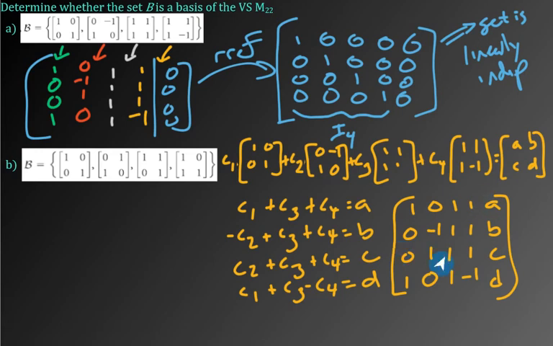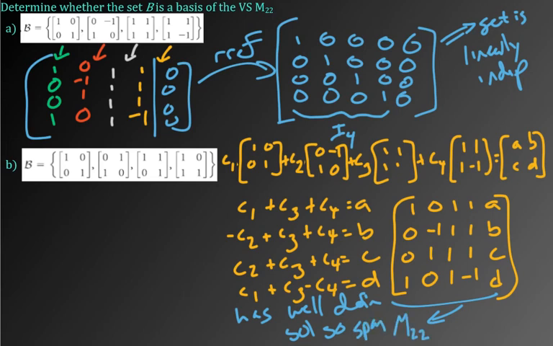But it turns out that this thing has a well-defined solution, so it does span M2 by 2, or you can really think R4, because it's the same thing. So this part with this part would show that this set actually does span M2 by 2. If you do the other one, if you go and do the span part,